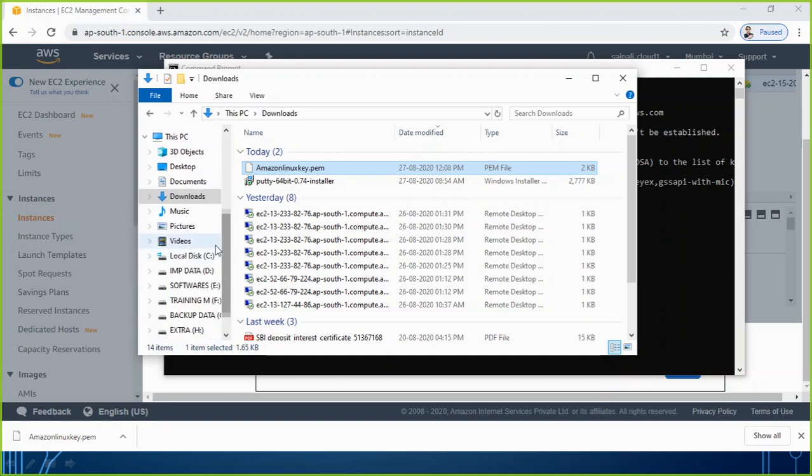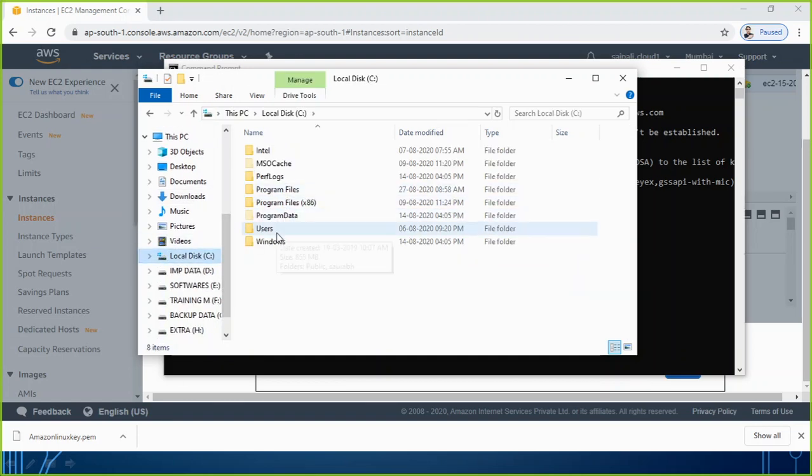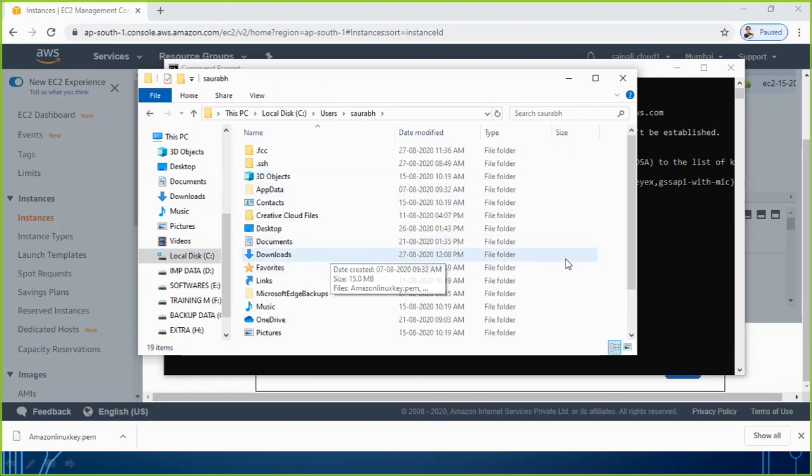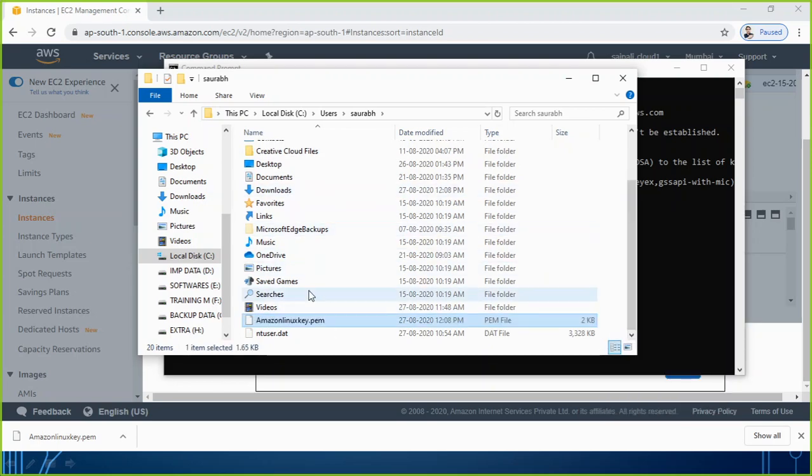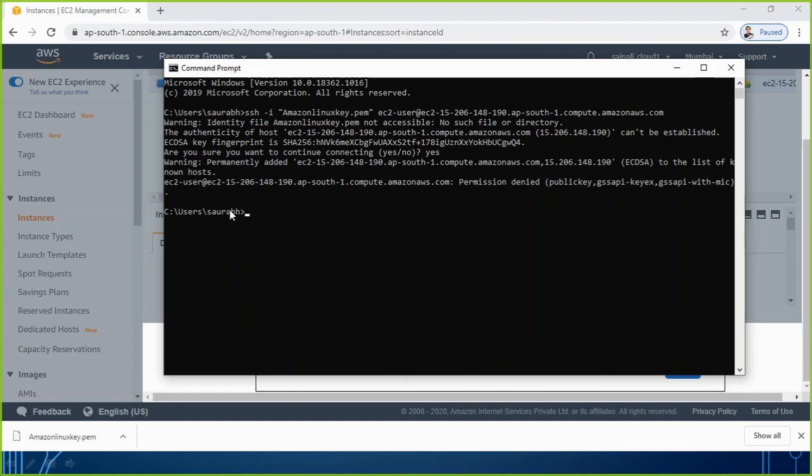Let me keep it in a location where my user has full power to access that file. So let me keep it in my username folder here, because my Saurabh user account of my Windows machine will have full power to access those files. So now this error should not be coming.